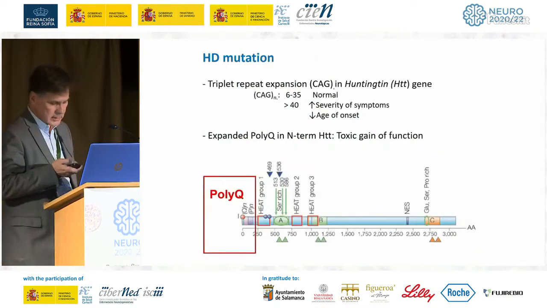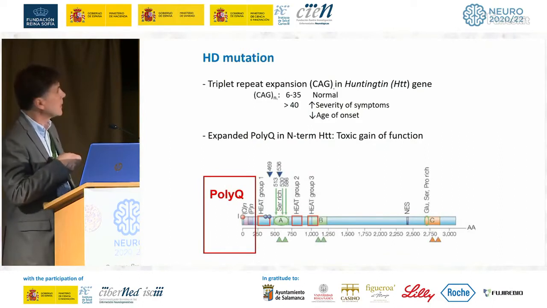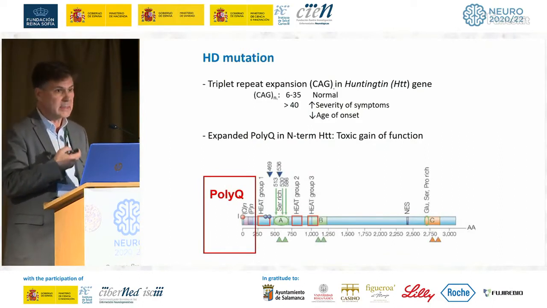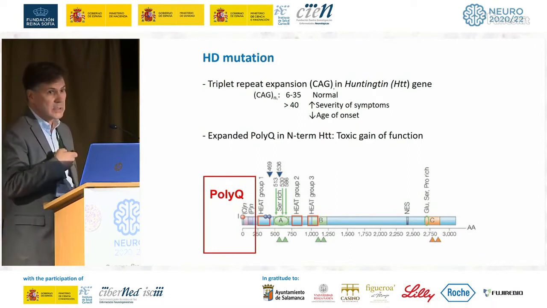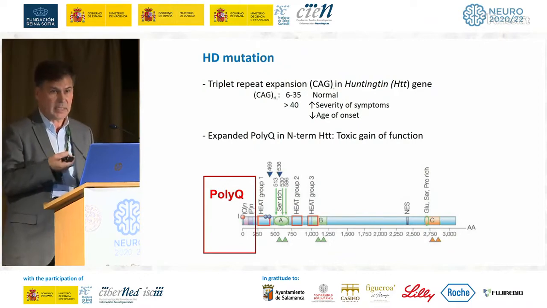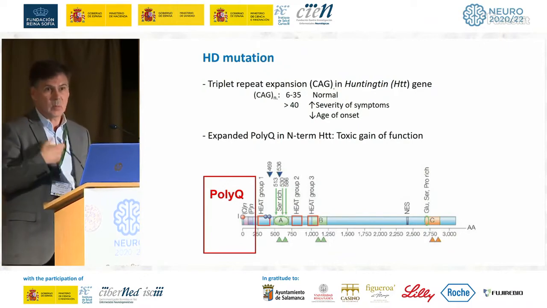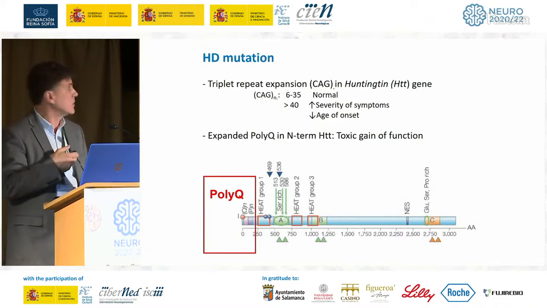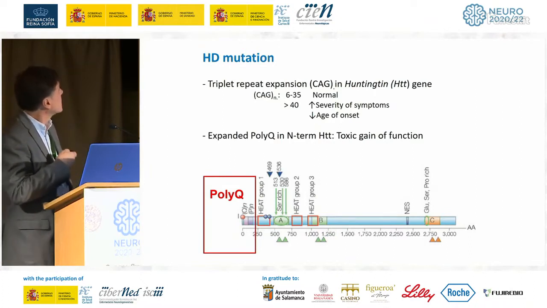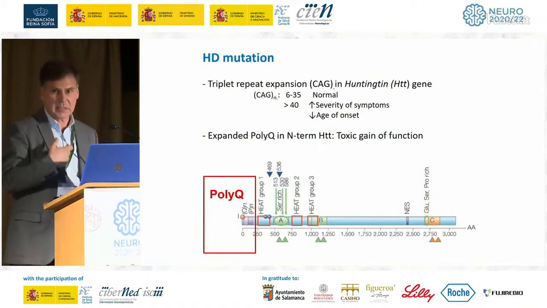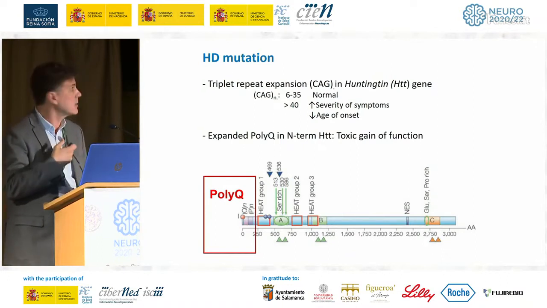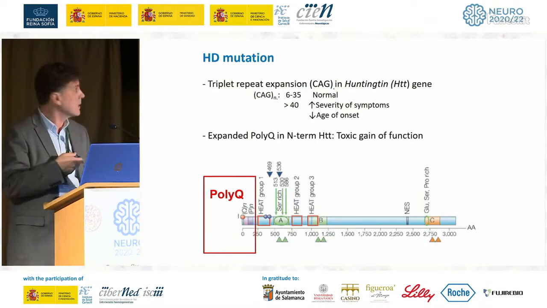And the mutation is an expansion of a CAG repeat in the coding region of the Huntington gene. And when the repeat is above 40, it is when the disease will take place, and the longer the repeat, the more severe the symptoms and the earlier the age of onset. This CAG repeat is, as I said, in the coding region and encodes a polyglutamine sequence that is very well documented to be toxic and also confers a propensity to self-aggregate to the mutant Huntingtin that accumulates in inclusion bodies, and also